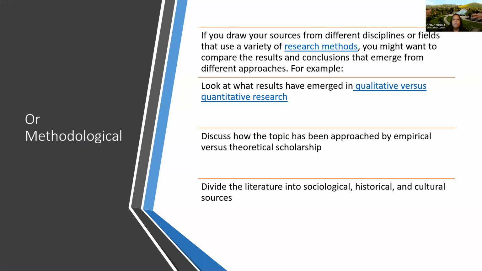methodologically, which if you draw on your sources from different disciplines that use a variety of different research methods, then you want to compare the results and conclusions that have come about from the different approaches. An example of that would be looking at the results that have emerged from a qualitative versus a quantitative research. Discuss how the topic has been approached by empirical versus theoretical scholars, and then divide the literature into sociological, historical,